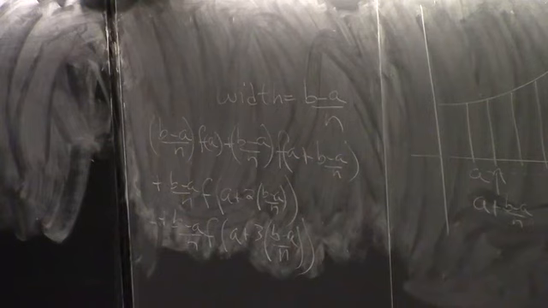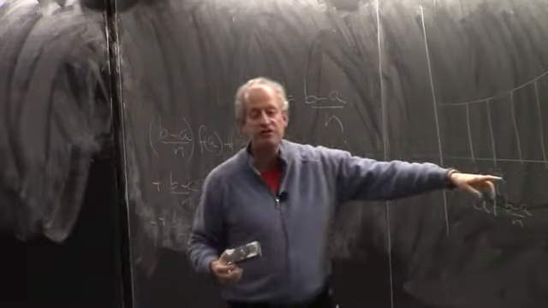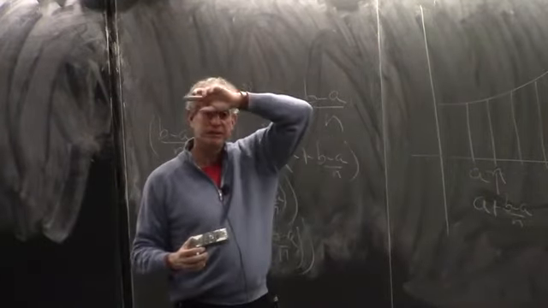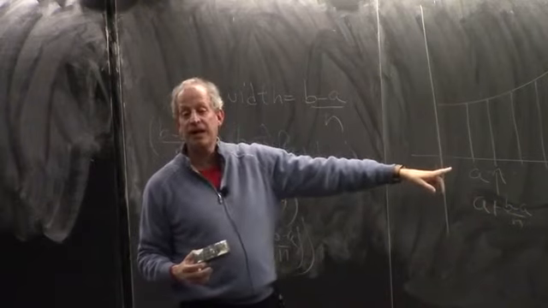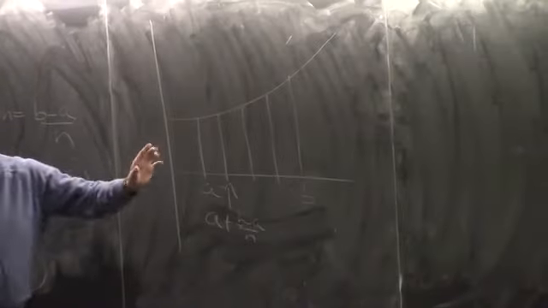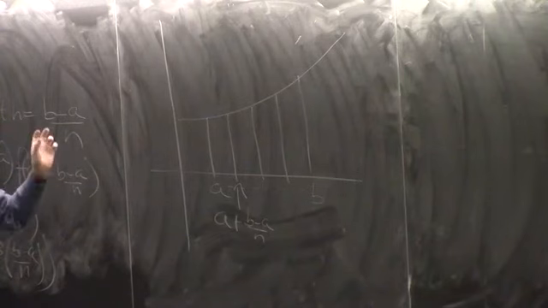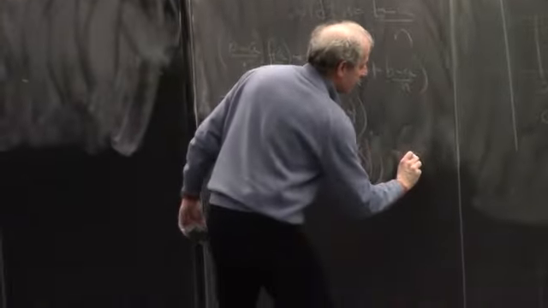Okay, so again, the width of each rectangle is the distance b minus a, that's the whole length, divided by n because there's n rectangles. So if I had 100 rectangles, I would take however far it is from b minus a and divide it by 100. Then the first spot on the left is a. Then to get to the next spot, I move 1 rectangle width. And the width is b minus a over n. Then the next one, I move from there another b minus a over n to the right. So I move 2 b minus a over n. And to get to the next one, I move 3 b minus a over n's. And I keep doing that, dot, dot, dot,